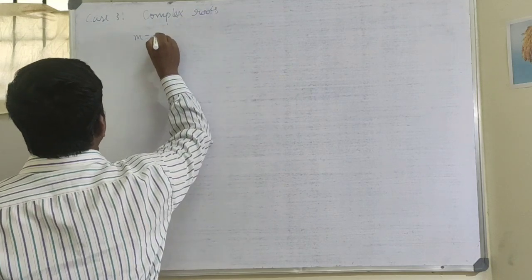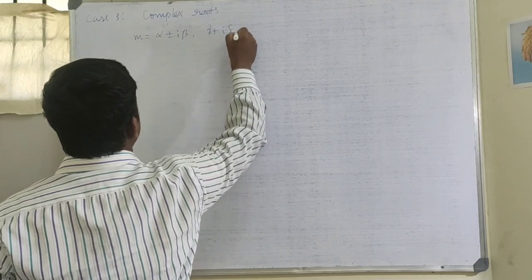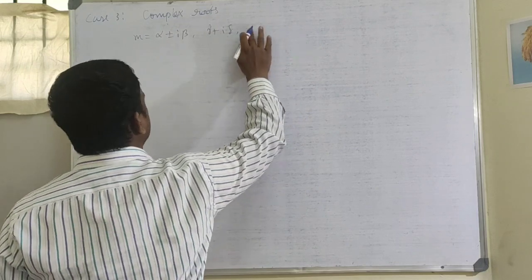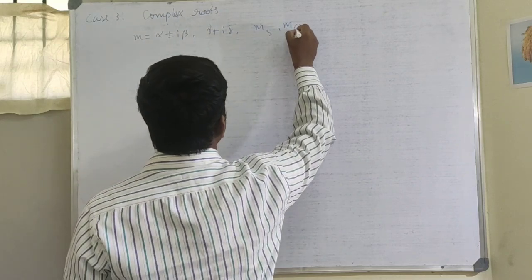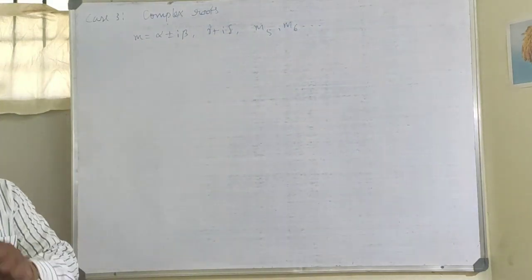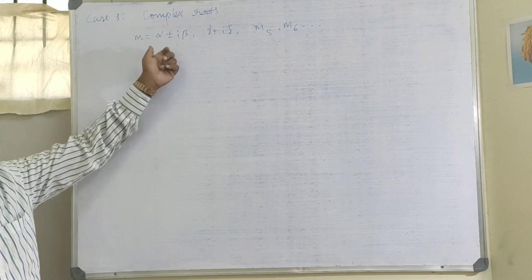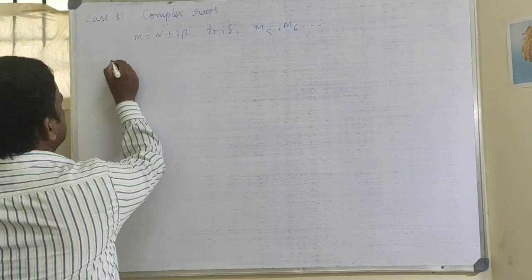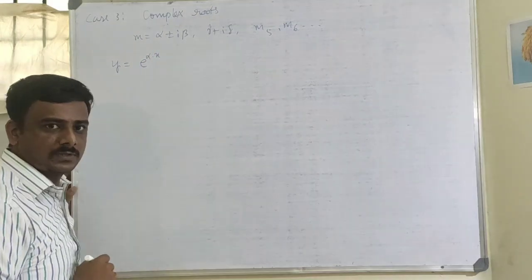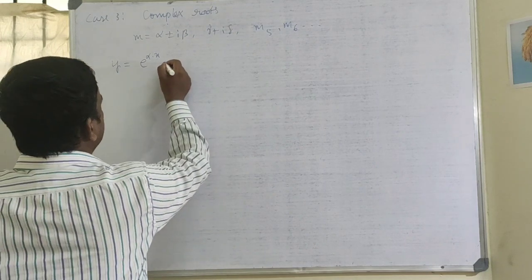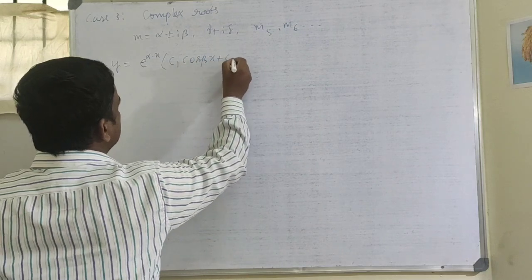Suppose the roots are like this: m equal to alpha plus or minus i beta, gamma plus or minus i delta, m5, m6 and so on. See, if you have a complex root that counts for two roots, alpha plus i beta one root and alpha minus i beta another root. So in this case, y will be e power real part into x, times c1 cos beta x plus c2 sin beta x